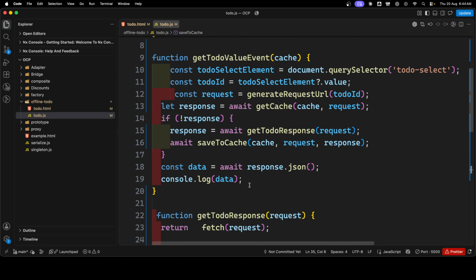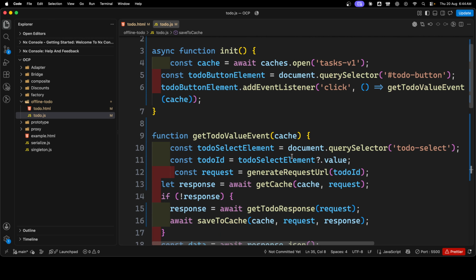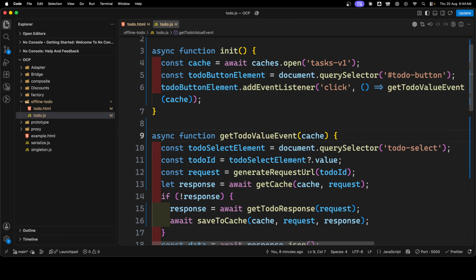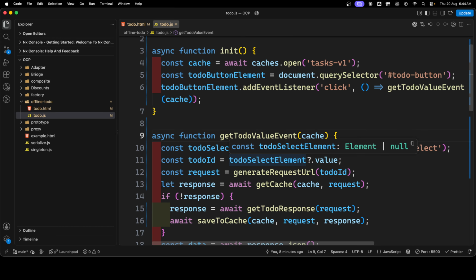So let's go to here. Okay, and the async function emit is there, and the constant cache, and we are able to get it, and here the true value, and this one also is there, and we need to use async here. So now everything hopefully looks good. Get todo value event, and here